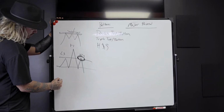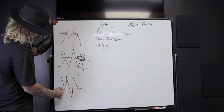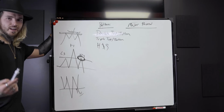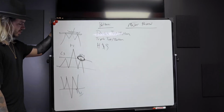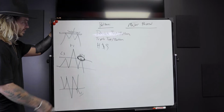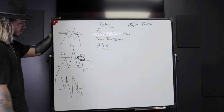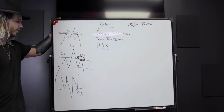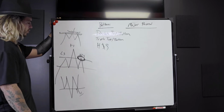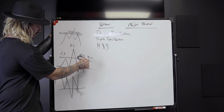They also have them in inverse. You're looking to buy here. In all honesty, you'll notice them in the charts, but they're nothing crazy. They do happen, but it's typically, like I said, a major point of reversal. Let's say you've been in a massive uptrend for a while. There's going to be some type of large pattern to see, to then get some type of major reversal. On a sell, you'd want to sell here,